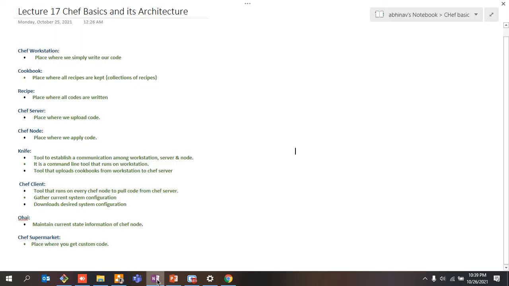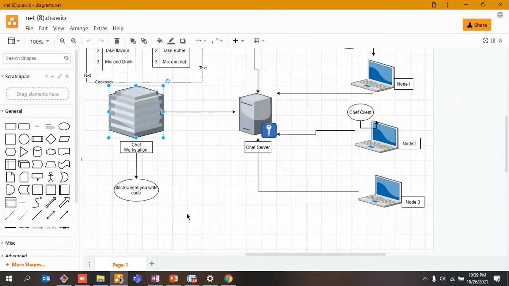Also, let me tell you what we do. This is a place where we simply write our code, right? After we write our code, like I told you earlier, like yum install, do this, do that, a number of instructions that you are giving, you write it over here, and after that, that code is pushed onto your Chef server, right?